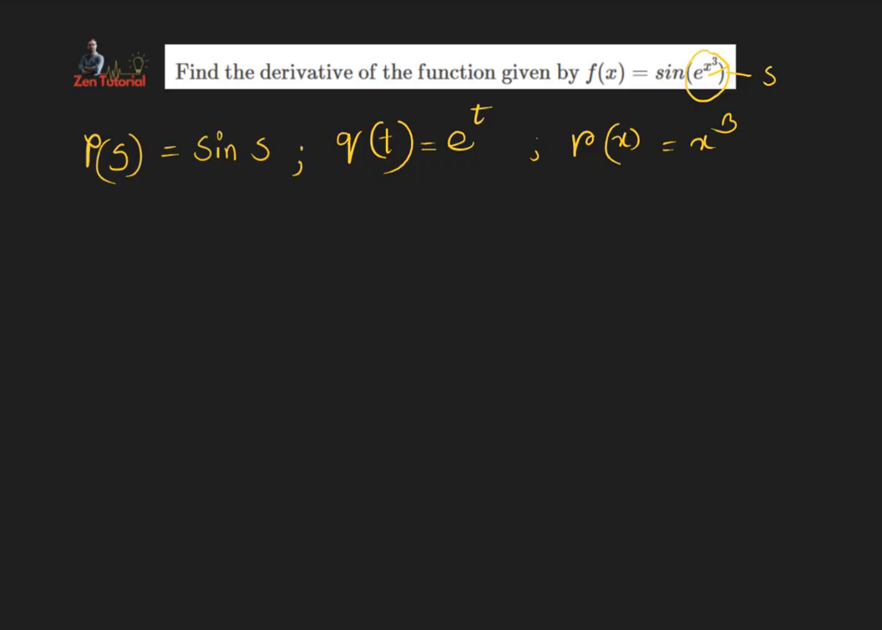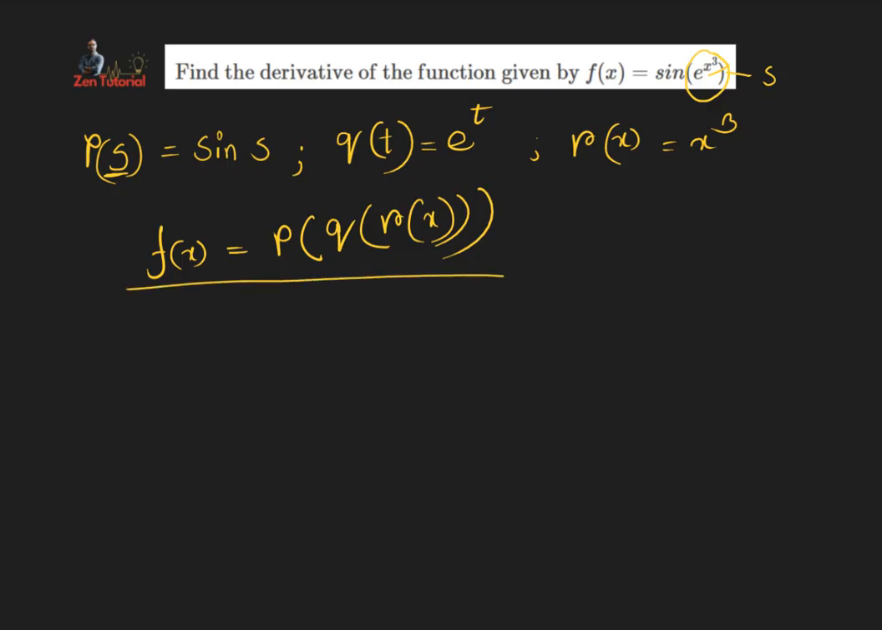Now how does the function look? So the function f of x is equal to p inside the s, inside the s it looks like q, and q of q of x means r of x, and this is actually the main function, right? That means f of